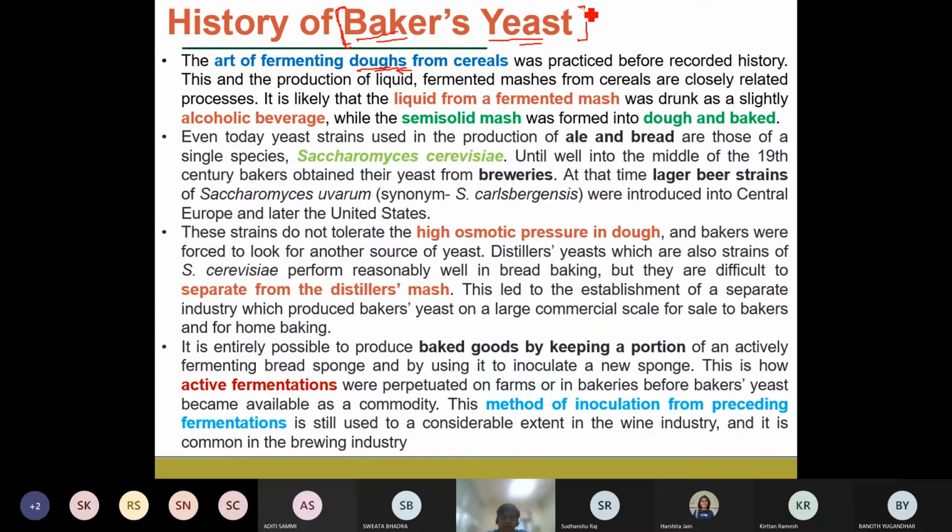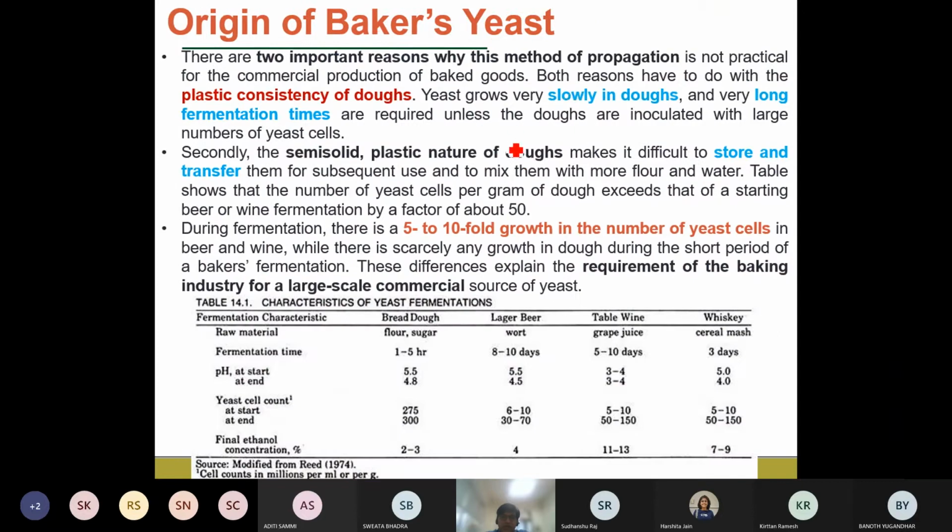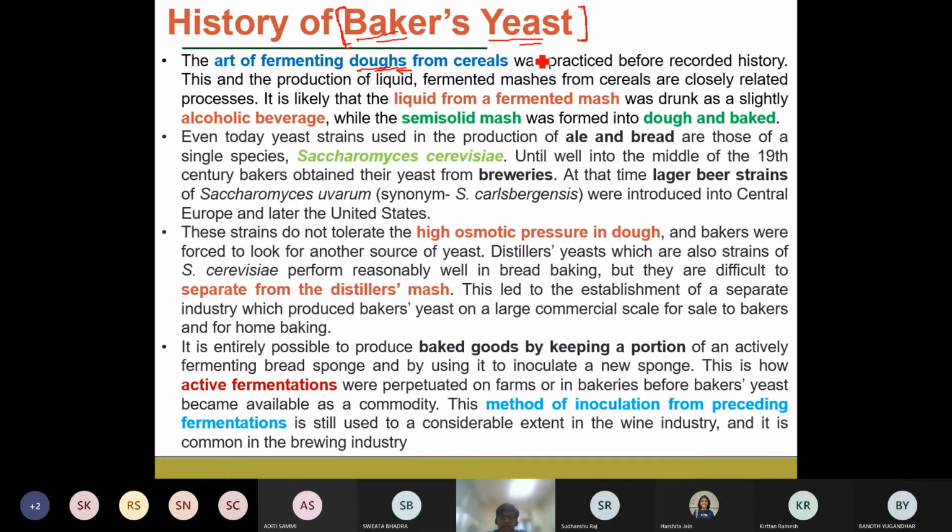Okay, so we will see how and why it became important, that means how from prehistoric times that one particular microorganism has been used, and why industries have now been developed which specifically work towards the development of the baker's yeast product. So if you see in the prehistoric times, as I told, generally the cereals were taken